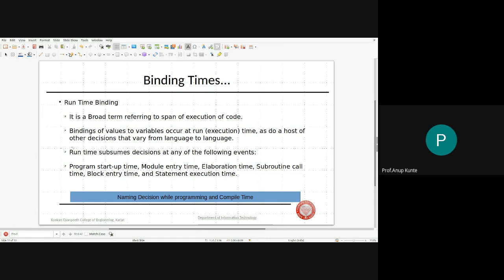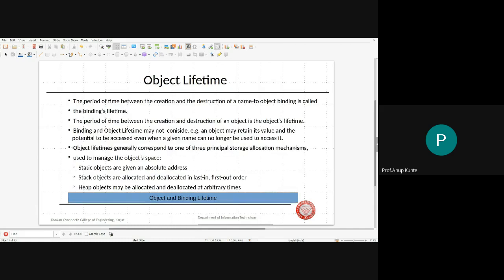So all these concepts would come under runtime binding, because all these decisions will take place when you are running the code, when you are executing the code. Okay,